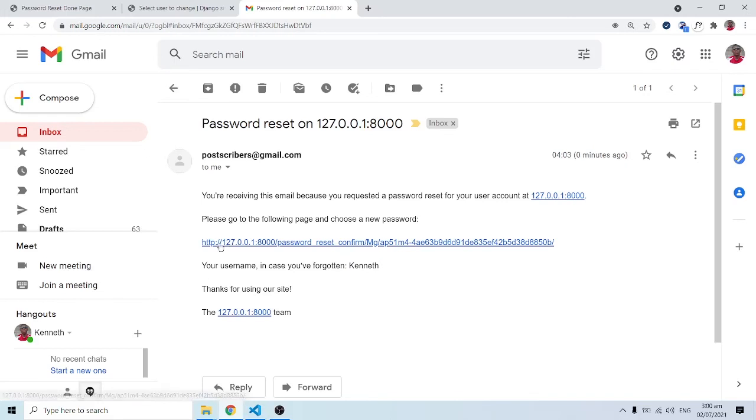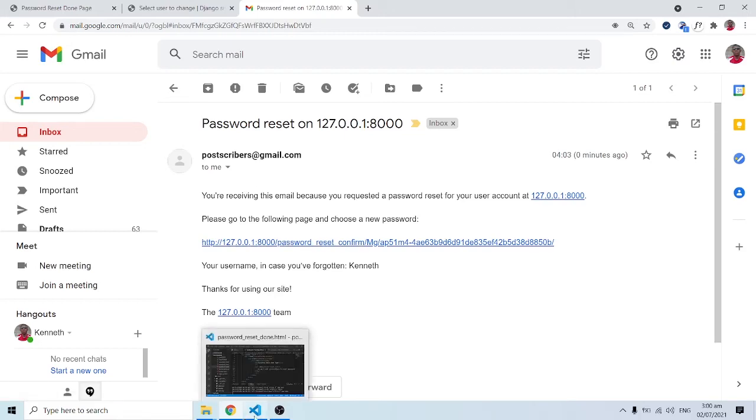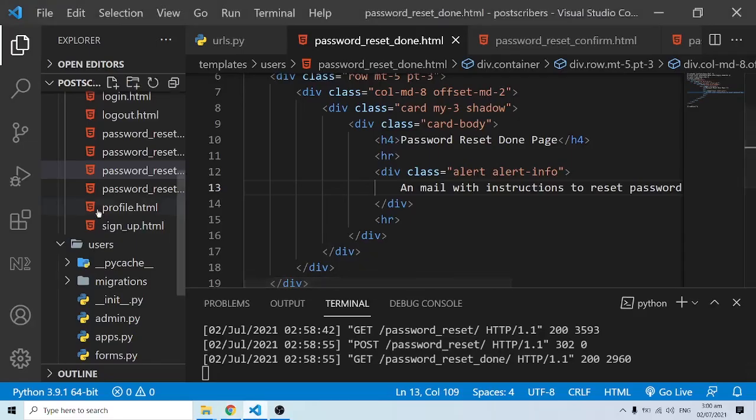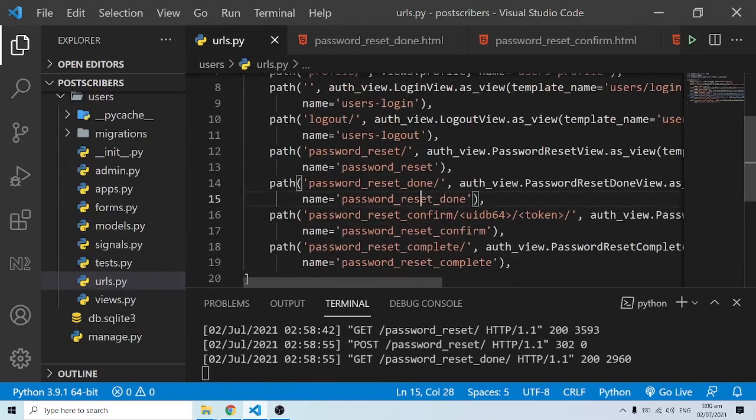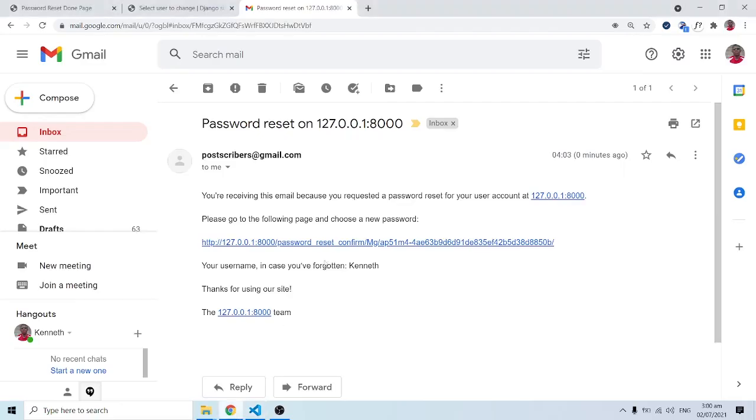All right, and as you can see, we have this link showing up over here with password underscore reset underscore confirm, and that's exactly what we have over here. So we have the password underscore reset underscore confirm. Now in addition to that, we have the UID b64 and the token, and that's been passed over here. So when I click on this link,